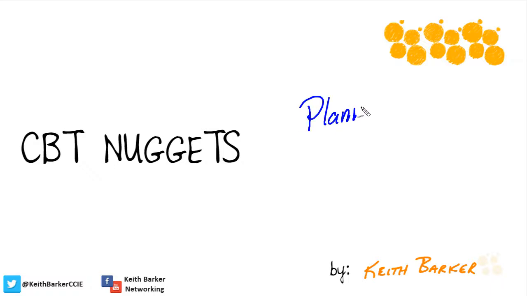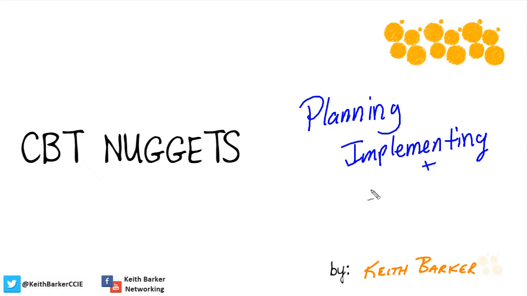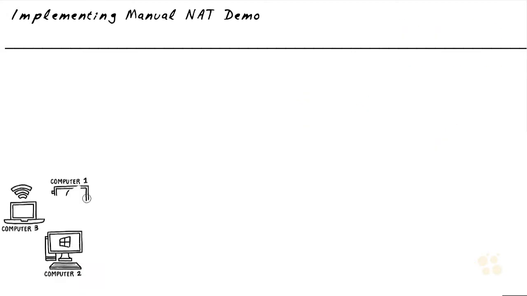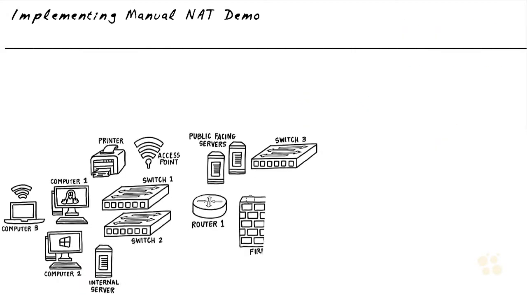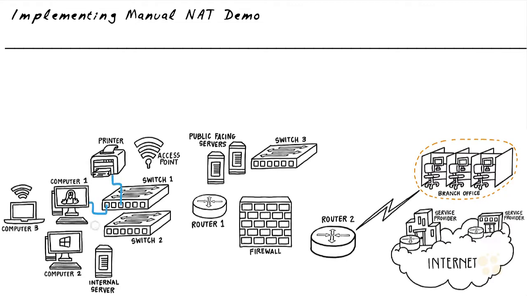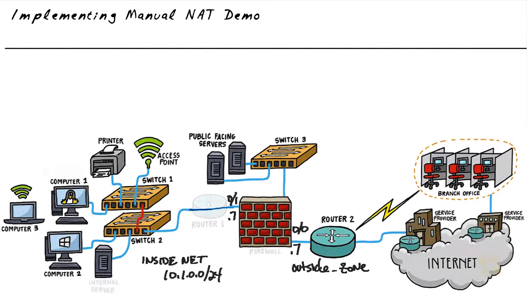In the previous video, we took a look at implementing an auto NAT rule as part of a NAT policy. And then we verified that it was working, and we went to the command line of the FTD appliance to do a show NAT and show xlate to verify the translations that were in place. And in this nugget, we're going to take a look at using a manual NAT rule and place it above